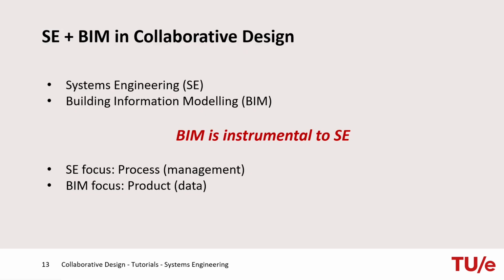In this course you will apply systems engineering and building information modeling. The systems engineering 4-step method is used to organize the design process. Building information modeling tools are used to create the design. With the BIM tools you implement a collaborative design monitoring system that allows you to track and trace every design change during the design project.